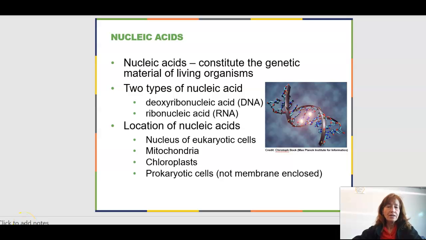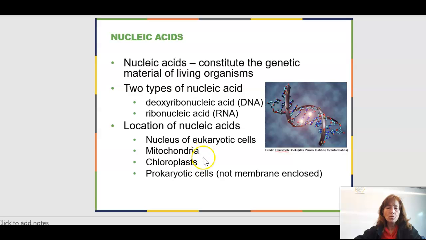Alright, so for the last of our macromolecule groups, we have nucleic acids. Nucleic acids are the things we typically think of as DNA and RNA, and so those are the two major categories. We find nucleic acids in a variety of places. We definitely find it in the nucleus when we're talking about a eukaryotic cell. We find it out in that nucleoid region in a prokaryotic cell. We can also, though, find nucleic acids within mitochondria and within chloroplasts.